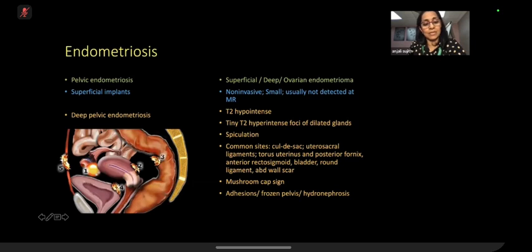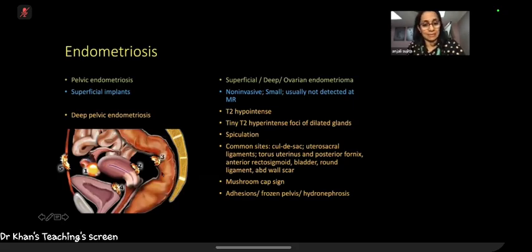Now, this is where the uterosacral ligaments attach. So that's again another common site. Uterosacral ligaments are again a favored site. Anterior rectosigmoid. There are serosal deposits at the anterior rectosigmoid, posterior bladder, and abdominal scar, such as a cesarean section scar. So these are the commonest sites of endometriotic plaque deposition. So once you know what an endometriotic plaque looks like, and once you know where to look,